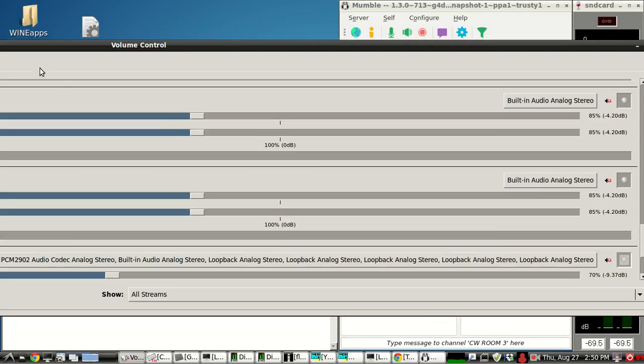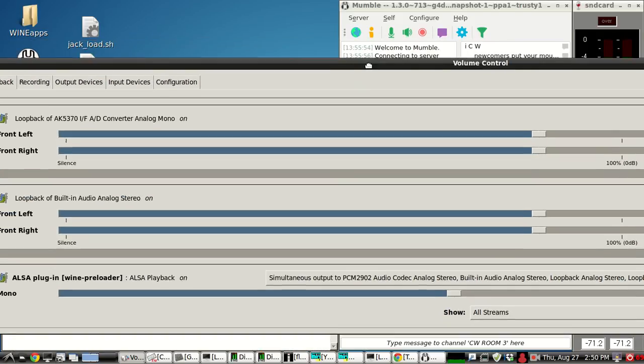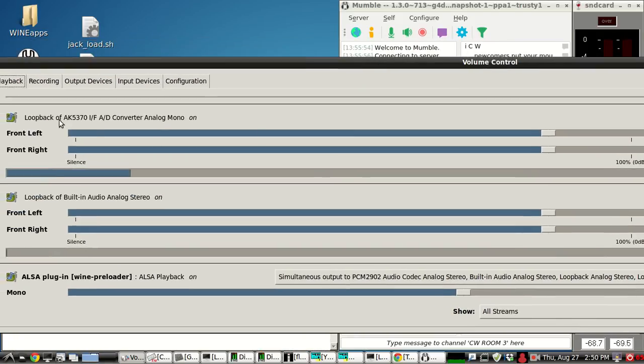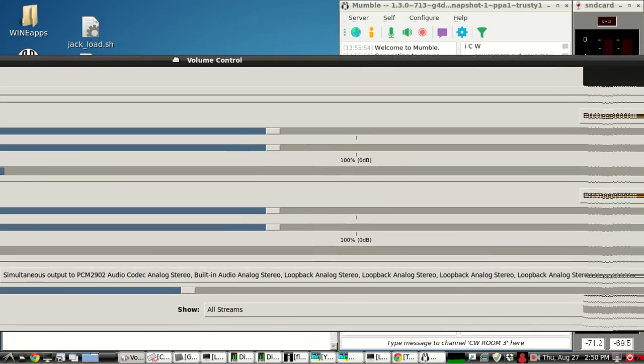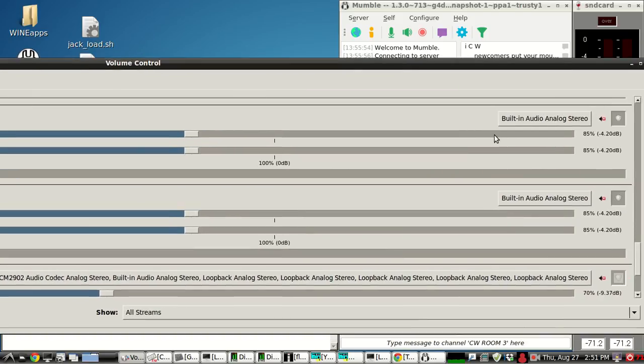Let's see if I can get it real close here. There it is right there. Loopback of the AK5370. So it's receiving it, and as you see, this VU meter and my voice are aligned up. Then you go to the right and it says, where do you want that audio to go? I want it to go to the sound card. And I also have